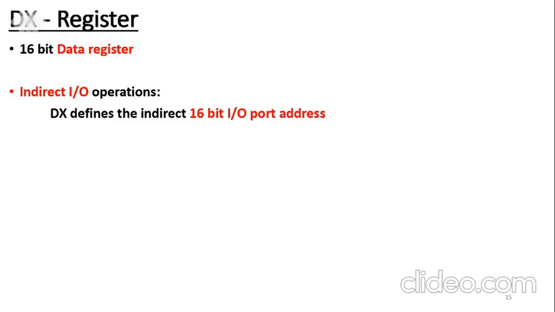On the other hand, if that IO port address, input port address, happens to be 8-bit, there are only two possibilities. Address is 8-bit, then the direct address, the input port address, can be specified within that instruction. As I just now stated, port addresses can be of either 8 or 16 bits. 8-bit is a direct port address, 16-bit is an indirect port address, and that indirect port address must be defined in the DX register.